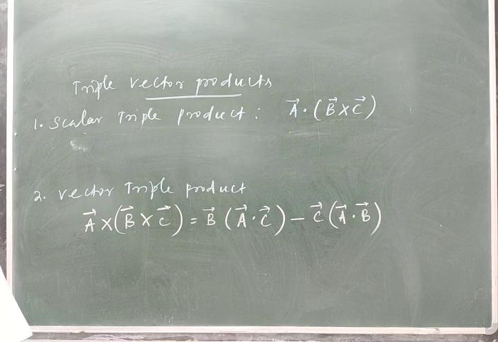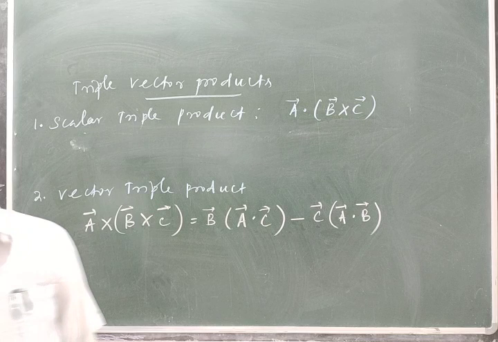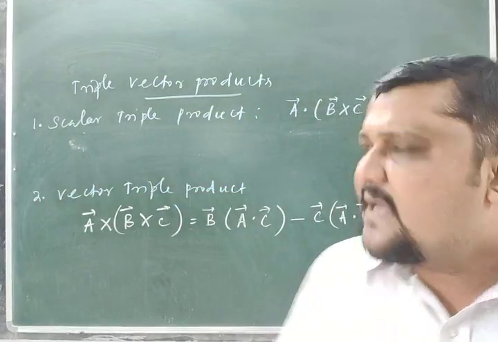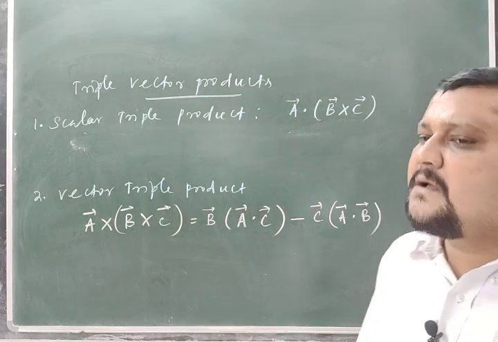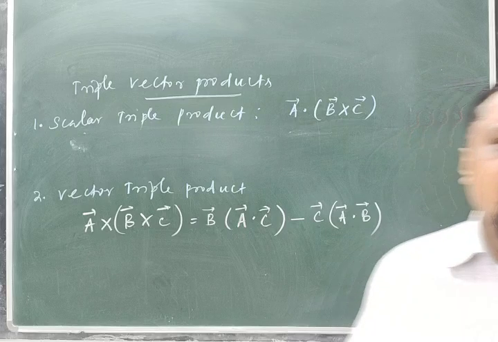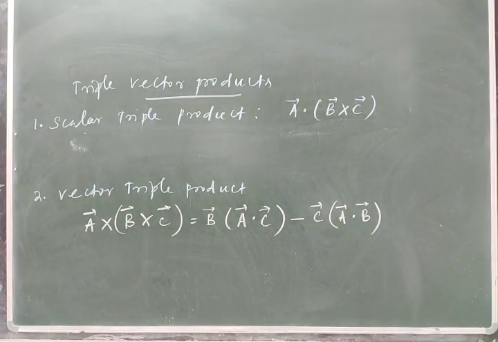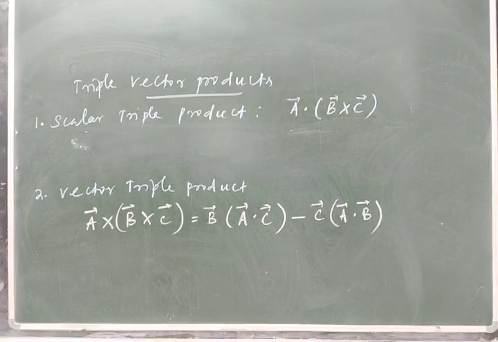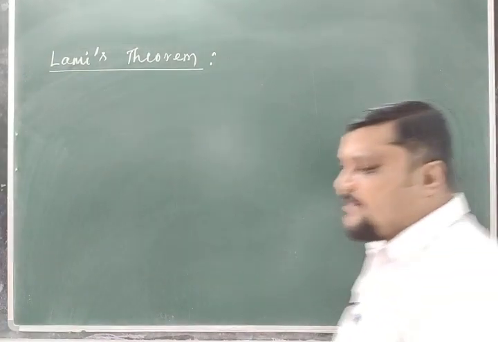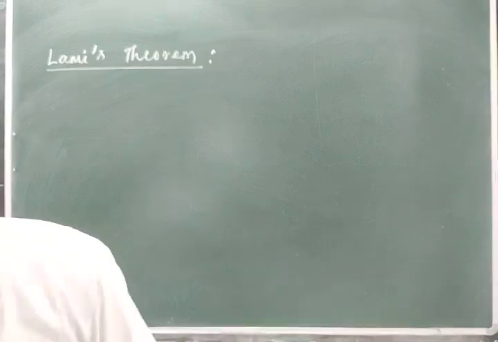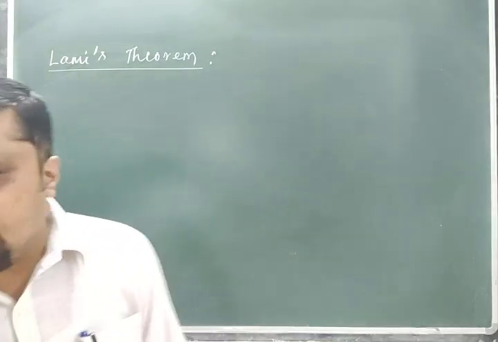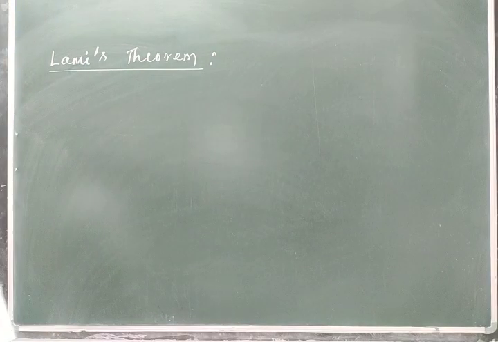Okay. Then these are some of the properties, or some of the uses, of the cross product of vectors. Then we will go for the most important thing, that is Lami's theorem. Let me erase this one. We will discuss Lami's theorem. Now come to another topic, that is Lami's theorem, which you can derive by using this cross product. We will find the statement of what this Lami's theorem states.